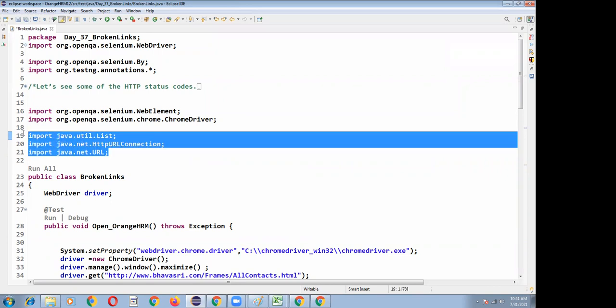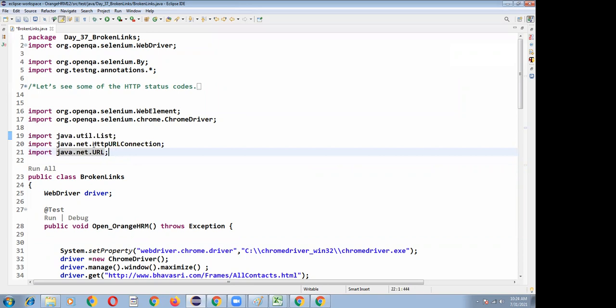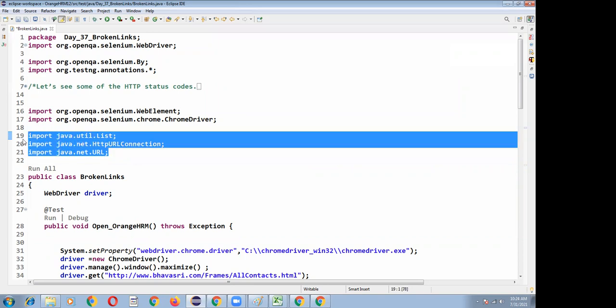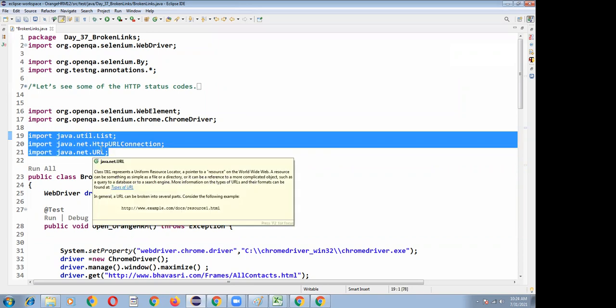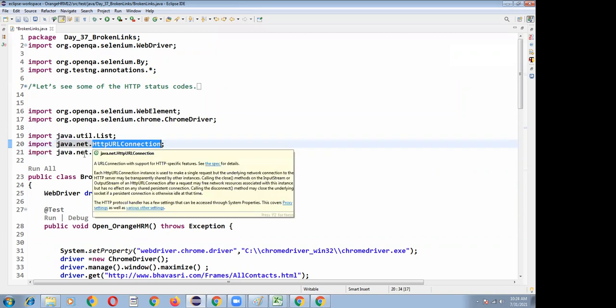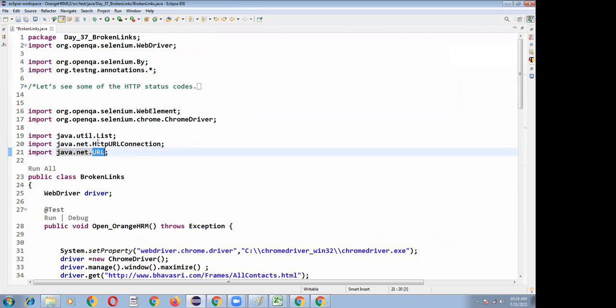Because this is outside Selenium, interviewers particularly ask about it. We have to import HttpURLConnection and URL, and by using these two supporting classes I can validate whether a particular URL is valid or not.